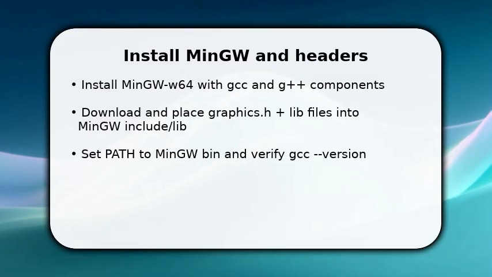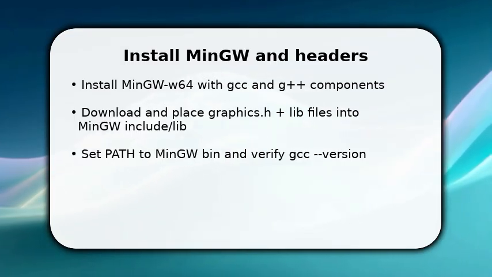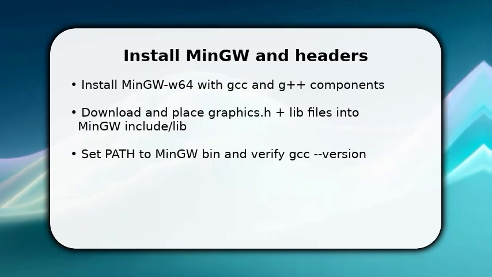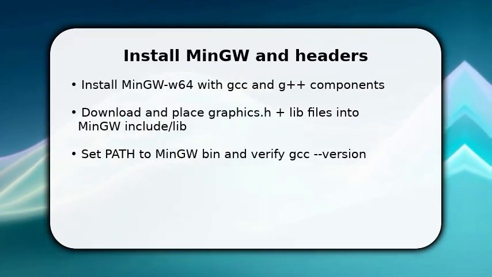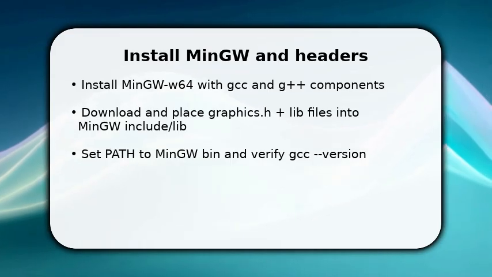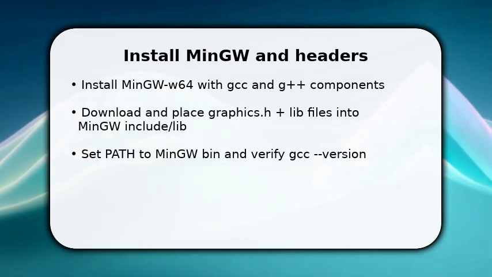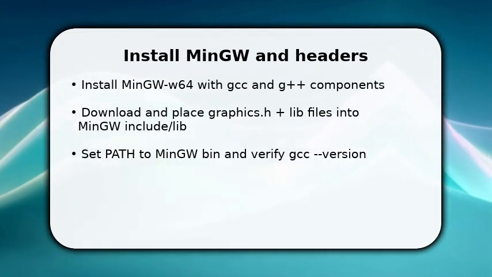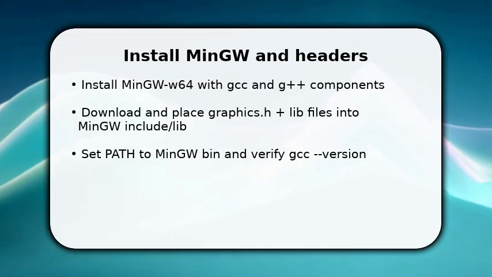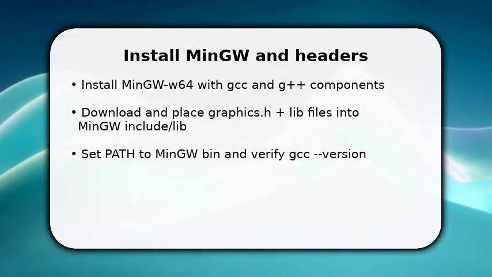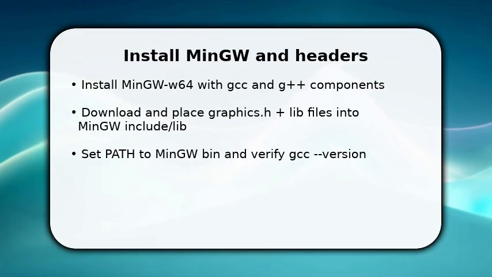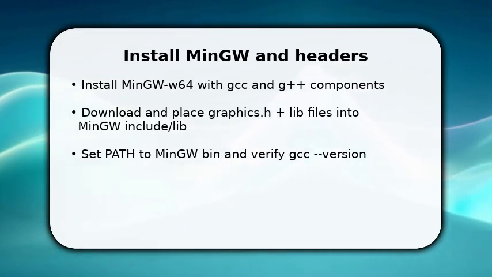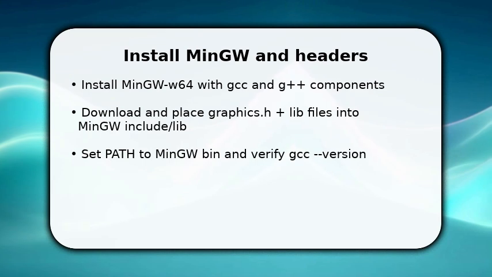You start by installing MinGW-w64 so GCC and G++ exist on your system. This is required to compile code that uses graphics.h. Once installed, copy the graphics.h header into MinGW's include folder and the accompanying .a or .lib files into the lib folder, because the compiler needs both header and library at link time. Then update your PATH to include MinGW's bin directory, and run gcc --version to confirm the toolchain is active before